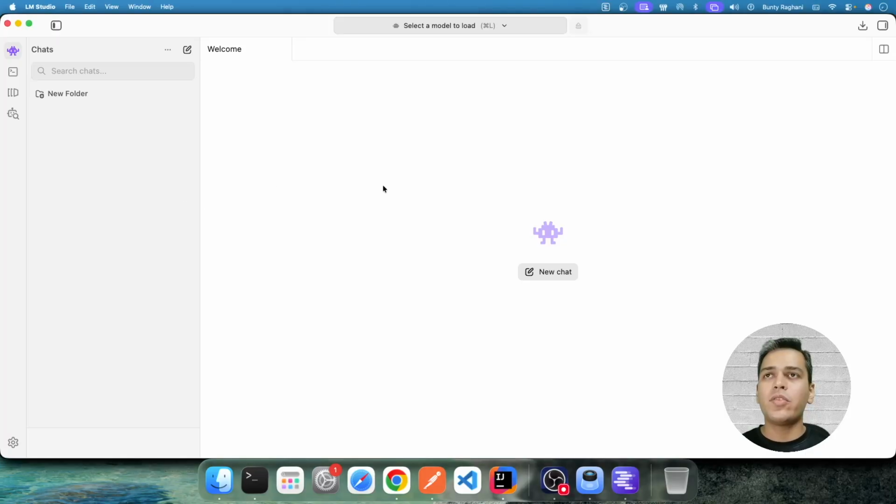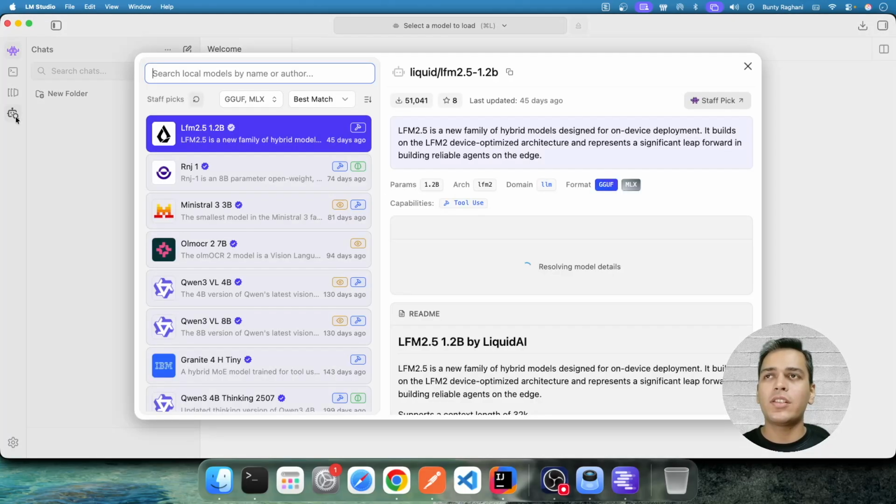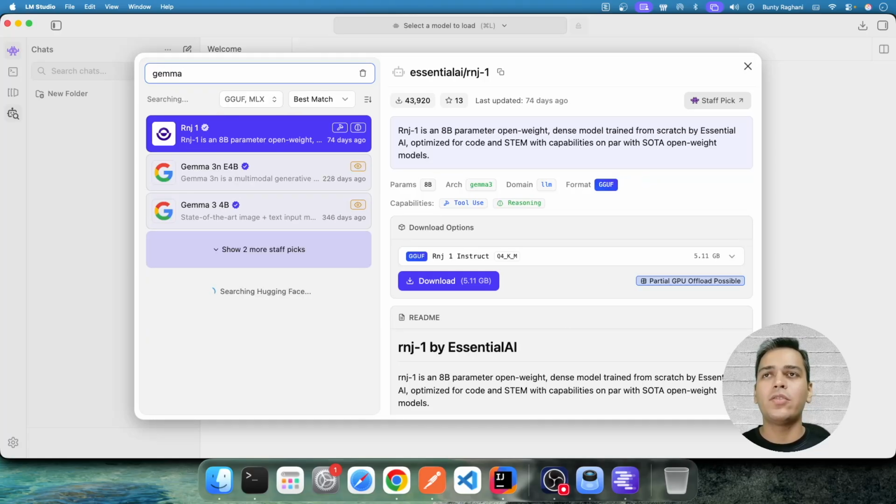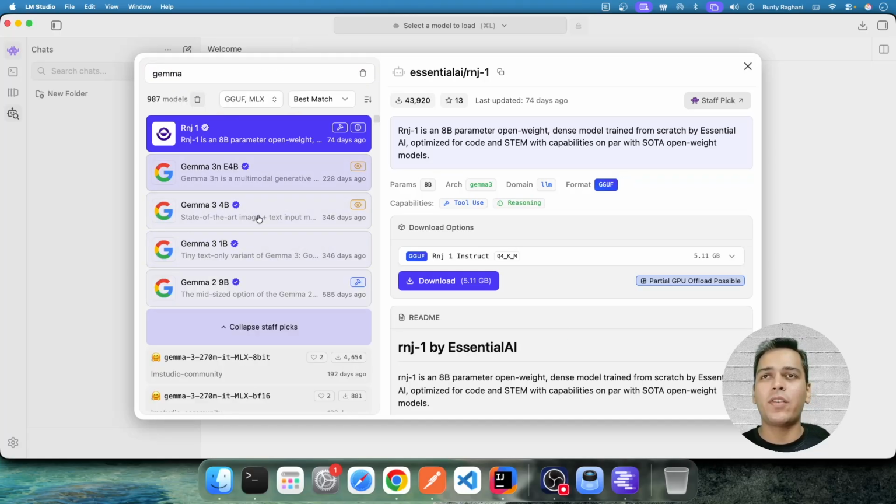This is the LM Studio application. Now if we have to download any model, we can go to the model search screen, and inside the search bar we can type the name of the model like Google Gemma. So here you will see many different options are available. In this tutorial, we are going to work with Google Gemma 3 1 billion parameter model, which is already downloaded